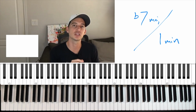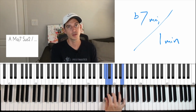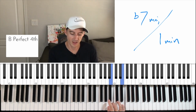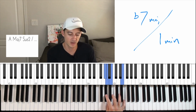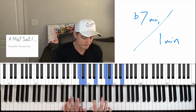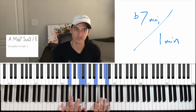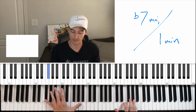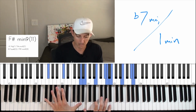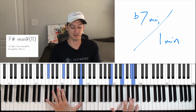Now, here's a really, really cool next step. That voicing that we were talking about earlier, we can think of this as 1, 5, 4, and 3. So we have the E major triad, but we just stick a little 4 in there, right? And so that's very Disney-like. But when I put that same exact sound over F sharp minor, we get this really nice sound